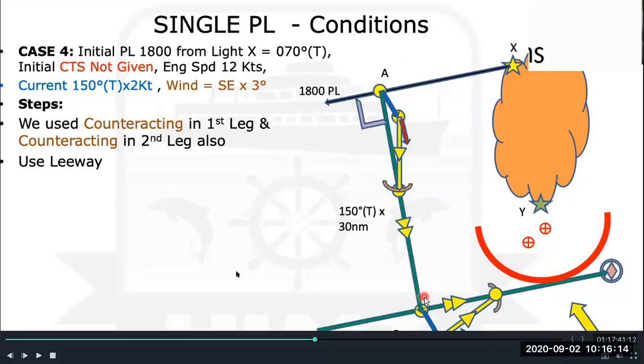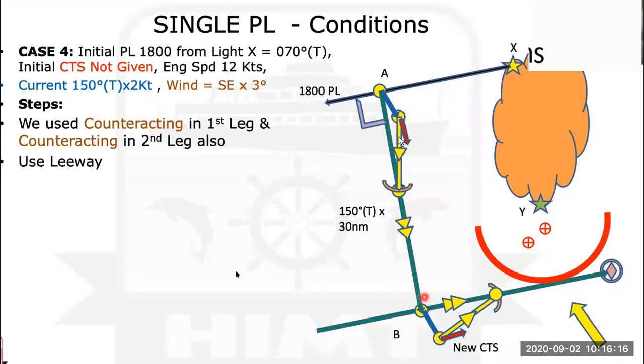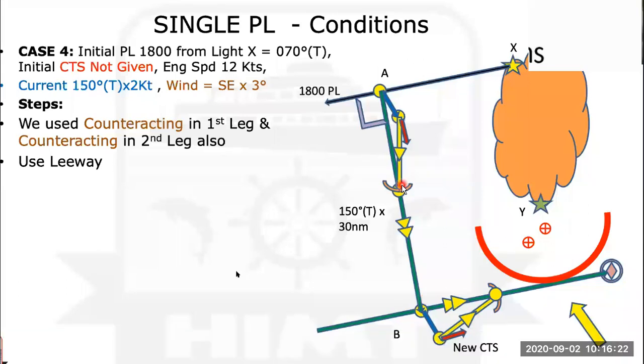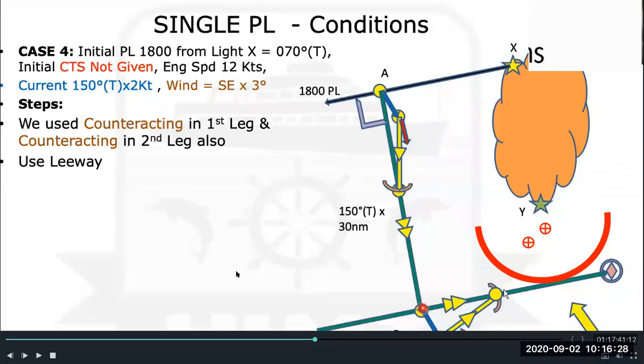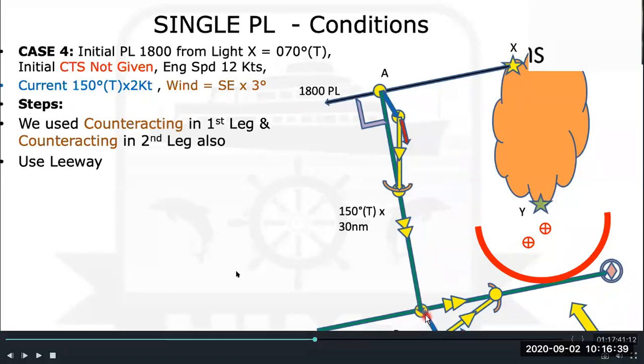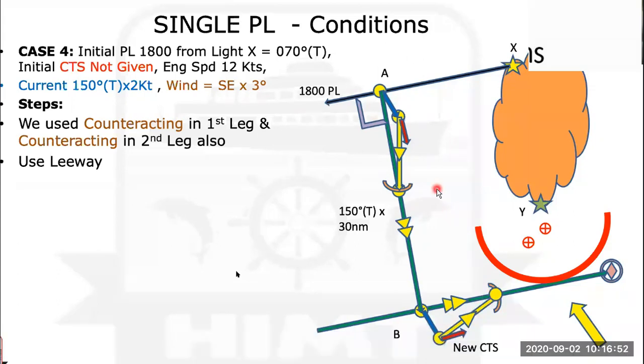First we have to apply both counteracting methods to get the yellow line, that is our course after applying the current. Then again we will reach the same point. Again this is the course made good. So for current, we have to take an initial action to alter the course. So this was 150 into 2, the current for 2 knots, 1 hour we will mark, and then again we have engine speed. So we'll mark an arc and we join this line. So this will be our course to steer if the wind was not given.